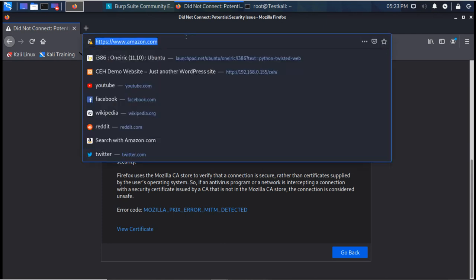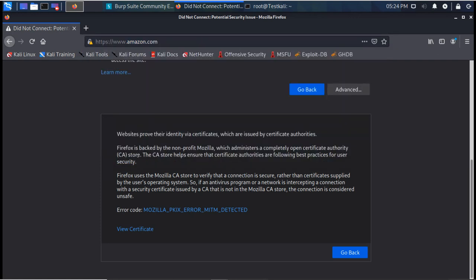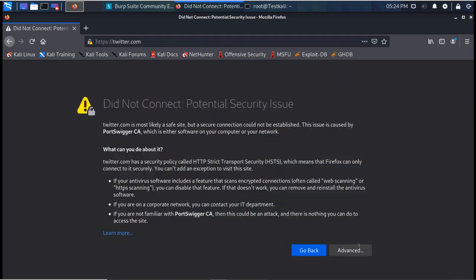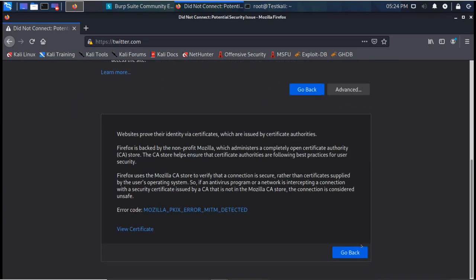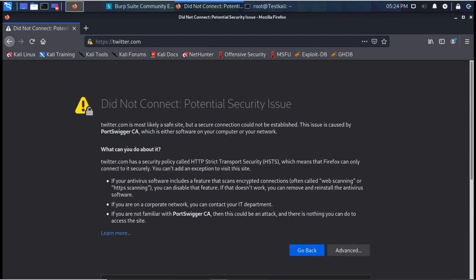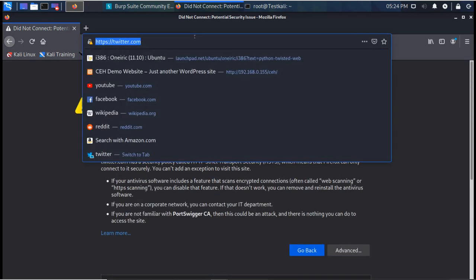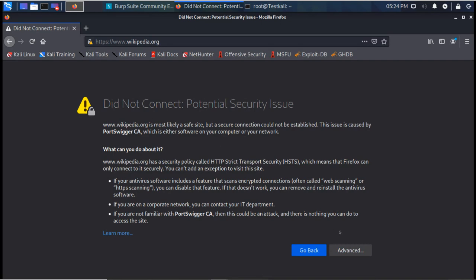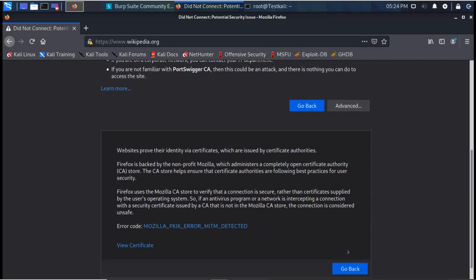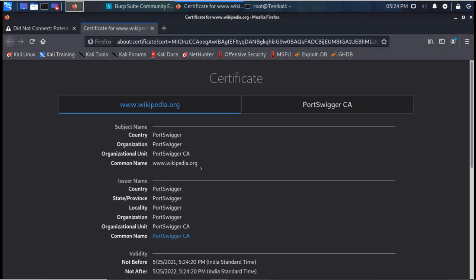Okay, this is because of those secure sites which are in the list of these browsers. Because browsers have a list of those famous sites, they will not allow us to go there if the certificate is mismatched. It is not matching the certificate because we are using the proxy.